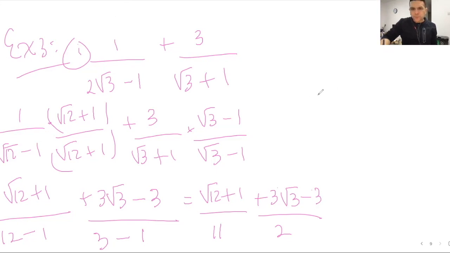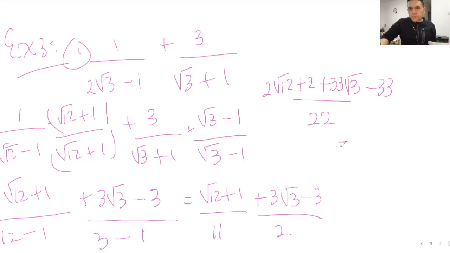So we can write that as 22 divided by 11 is 2, and then 2 multiplied by this, so we get 2 times the square root of 12 plus 2, plus 22 divided by 2 is 11. 11 times this would be 33 square root of 3 minus 33, right? All right, and then this will simplify to